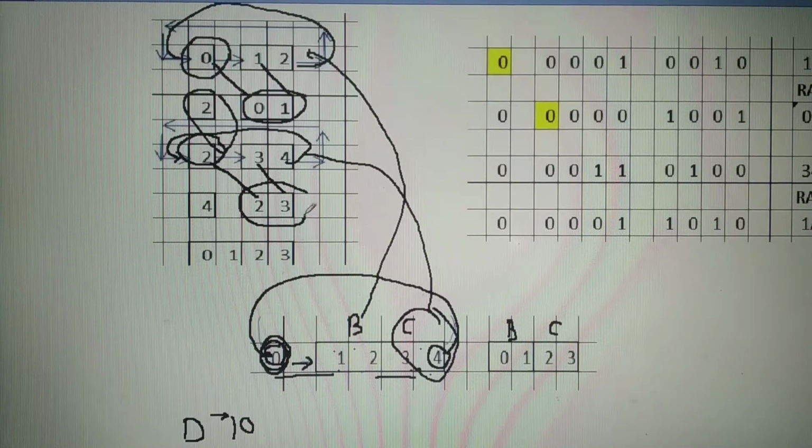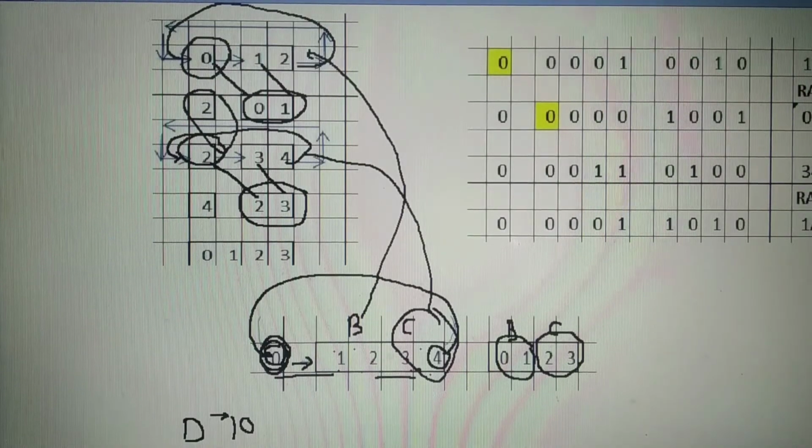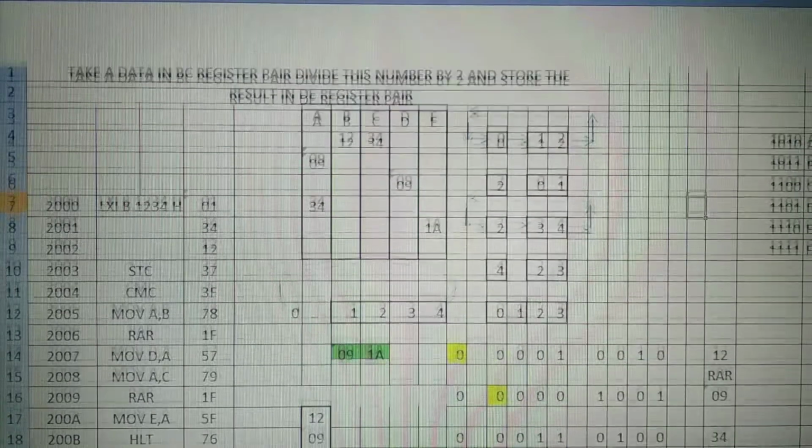That means in register C you will get number 23, and in register B you will get number 01. The same logic is to be applied when the number is considered in hex or binary.